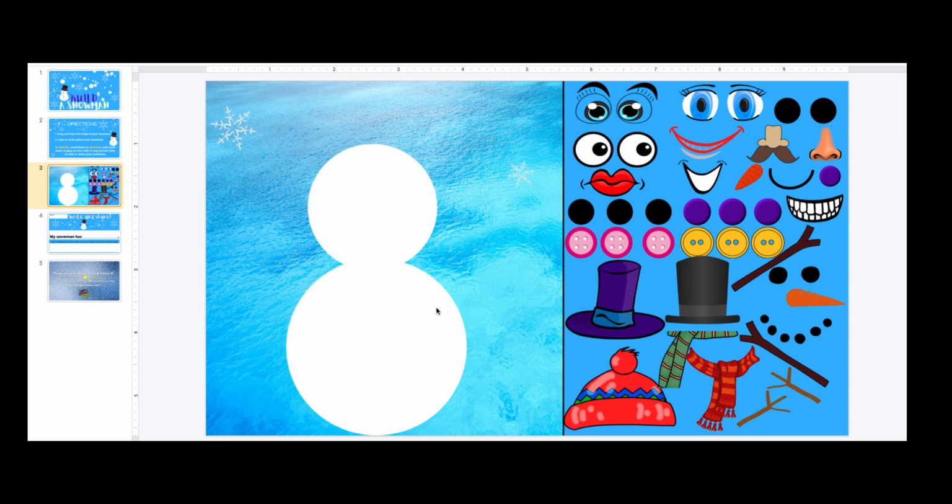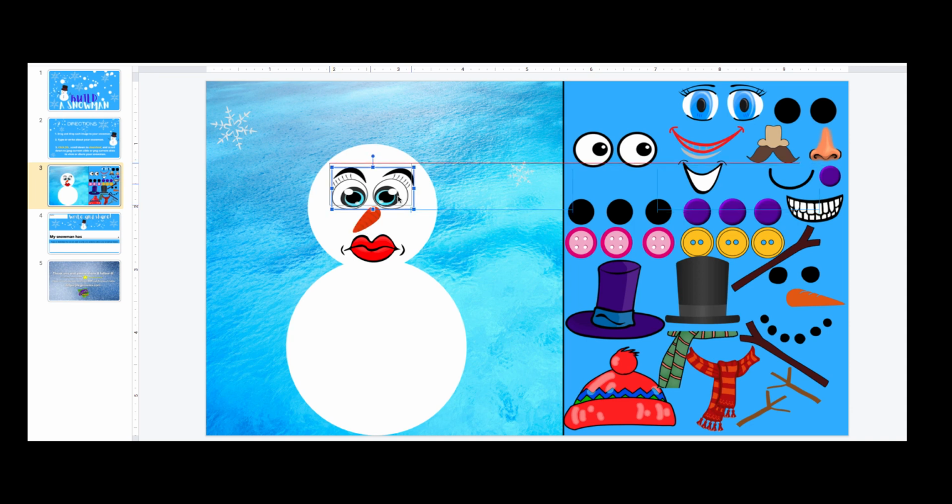Next is the fun part. I put in several body parts and clothes, and the great thing about it is that you can use all of these pieces differently. So as you see, you can just simply slide over the eyes, the nose, and once you show them how to drag and drop and shift around, it's pretty easy for the kids. And of course I am dealing with 5 and 6-year-olds, so this is really a slide that is developed for the primary grades. You see they can put on their buttons,